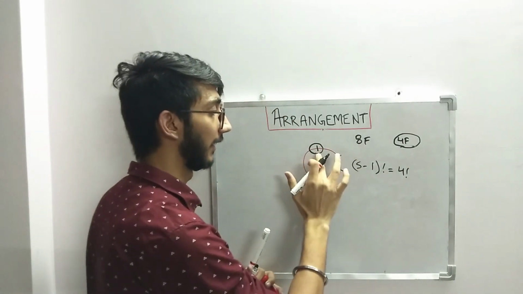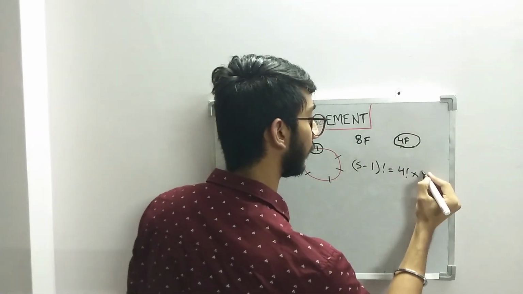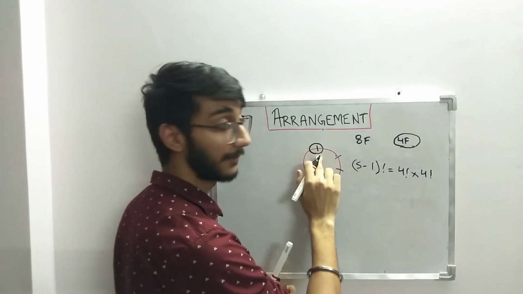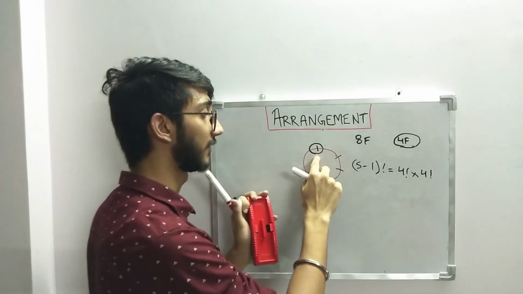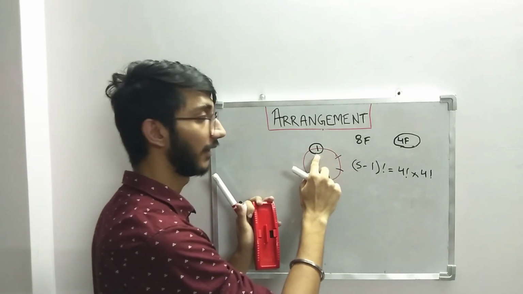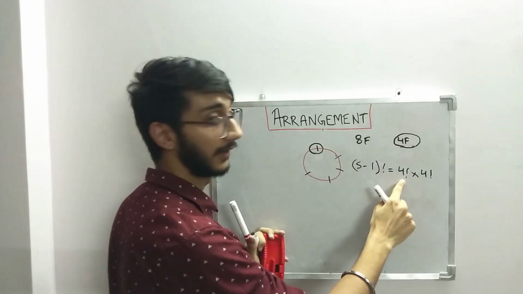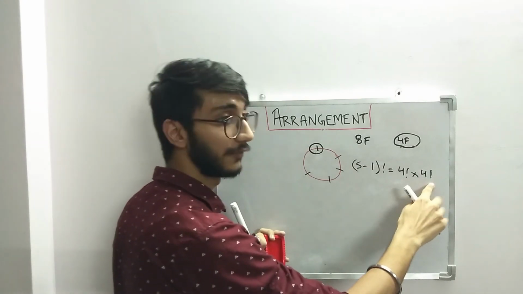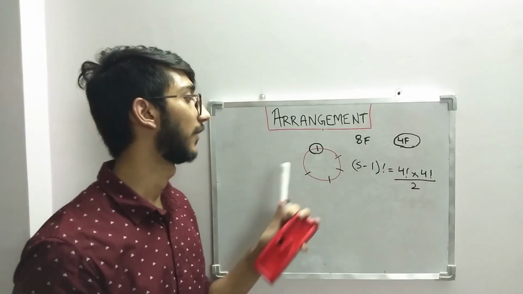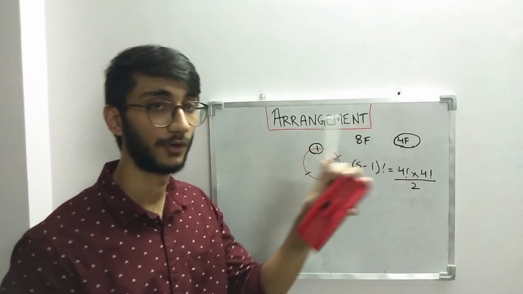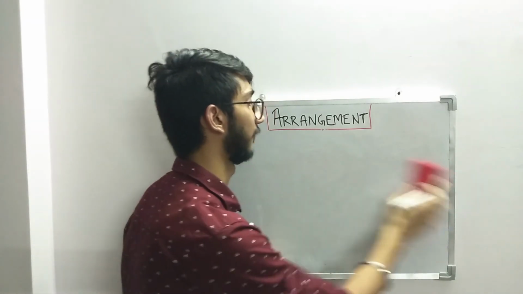And again, these 4 can be arranged in 4 factorial, because in this place separately I have 4 flowers, so these 4 flowers can also be arranged in 4 factorial ways, because they have defined the table, so they will not have 3 factorial ways, they will have 4 factorial only. I've considered the circular case here only, right? So 4 factorial into 4 factorial divided by 2, why? Because this is a case of a Garland, so I have to avoid double counting of clockwise and anti-clockwise cases. So these were the special cases of circular arrangements.